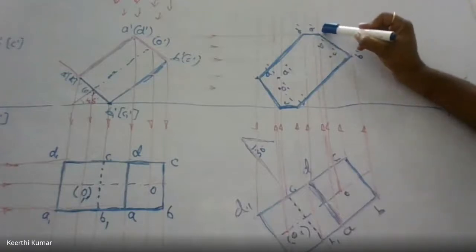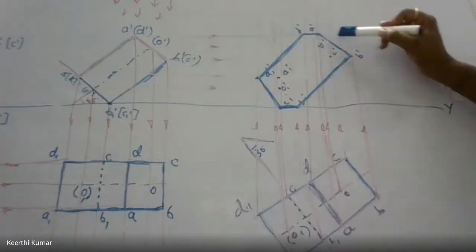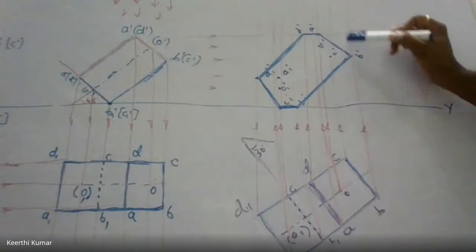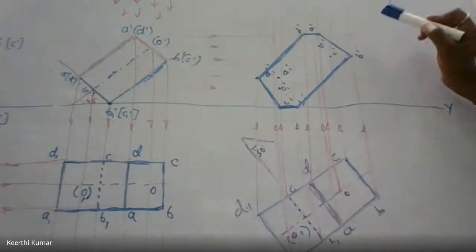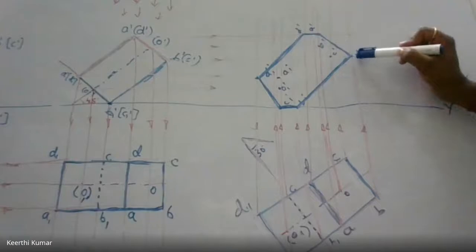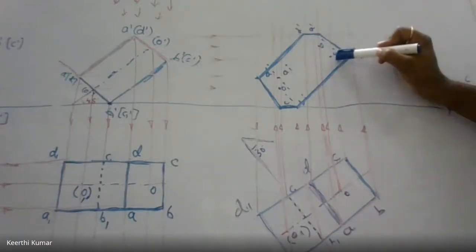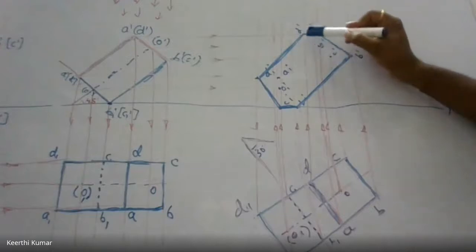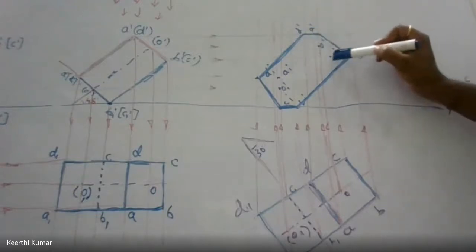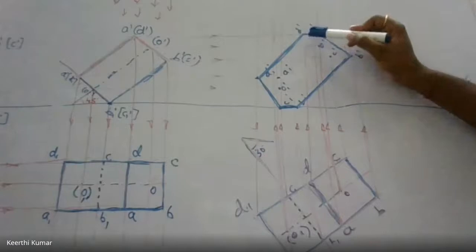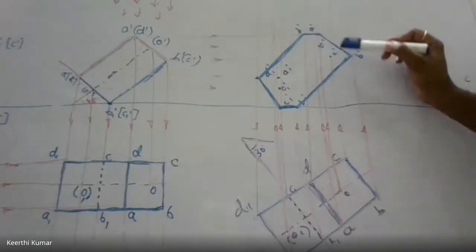A to B. Check out, A is here, B is here. Whether A to B is connected or not, it is already connected. Don't worry, leave that. Then B to C: is B to C connected or not? B to C is not connected. C to D is also not connected. I want to connect those two, B to C and C to D.